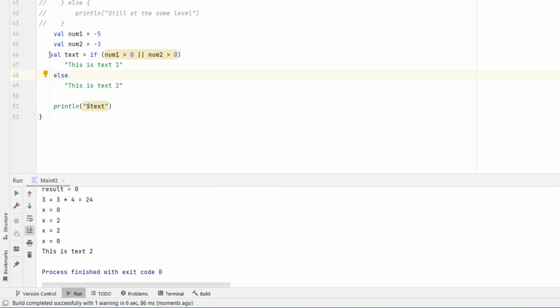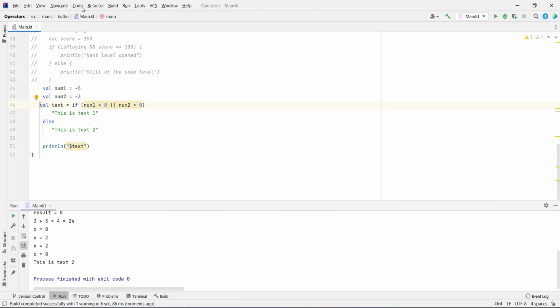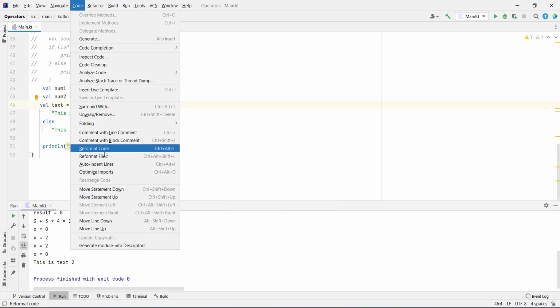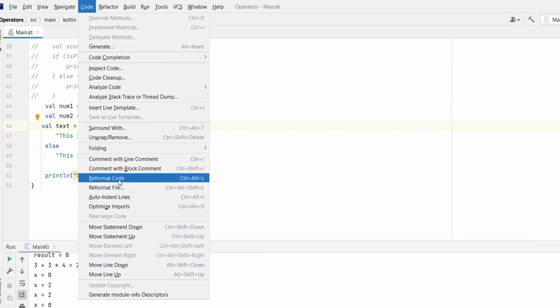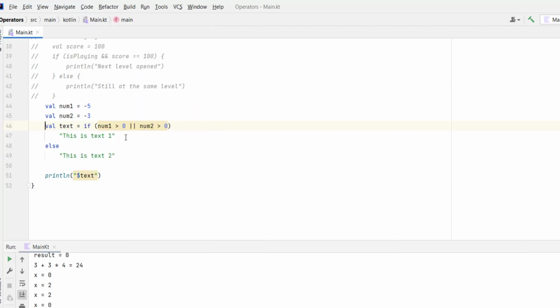So also you see that they are not aligned here, this our variable. And to format your code, just go to code and click reformat code, or press Ctrl Alt L on Windows, or you can use the corresponding shortcut on Linux or Mac. So click on code, and now you're gonna see that our code is formatted. If you run this,